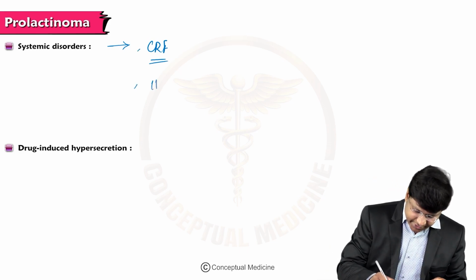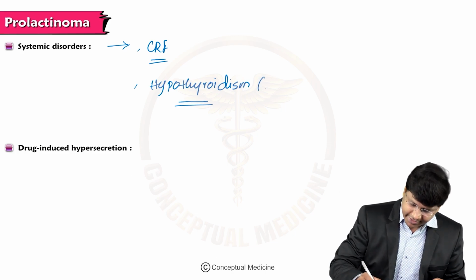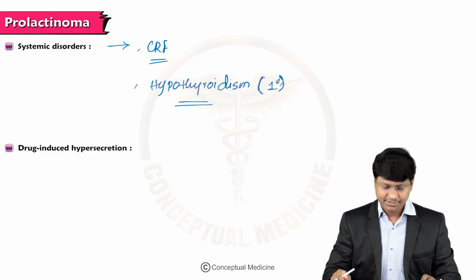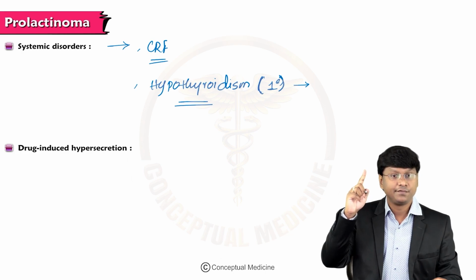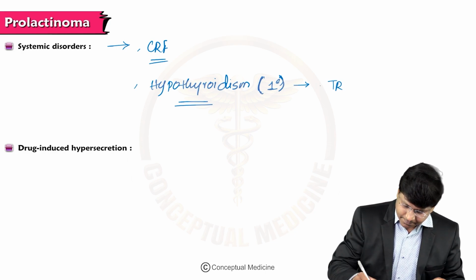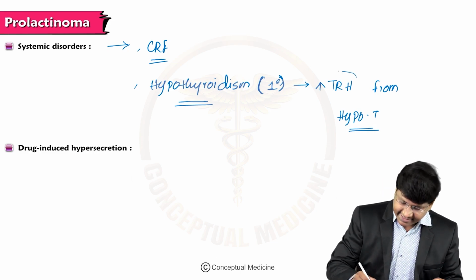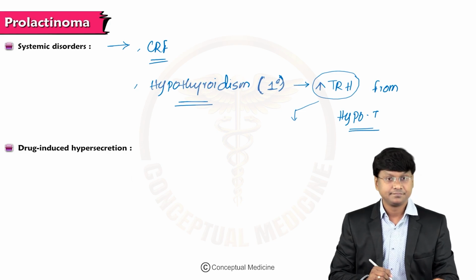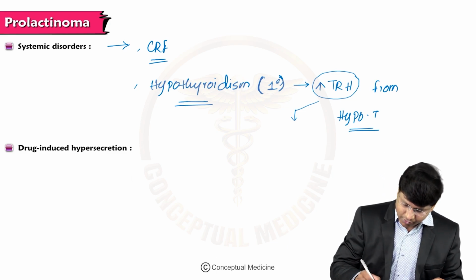And the next important condition is hypothyroidism. So you take patients with primary hypothyroidism. In primary hypothyroidism, please remember there is excess production of thyroid releasing hormone from the hypothalamus. This excess thyroid releasing hormone released from the hypothalamus will go and act on the anterior pituitary,